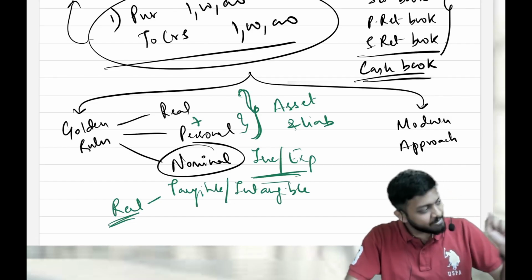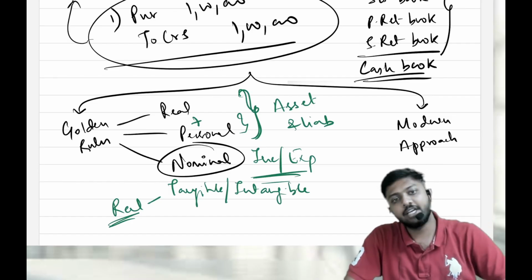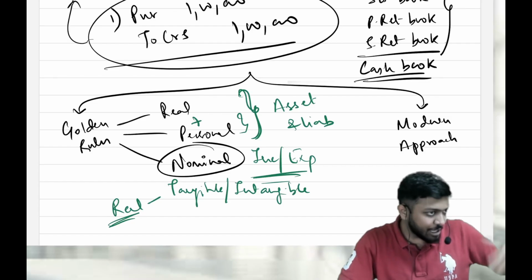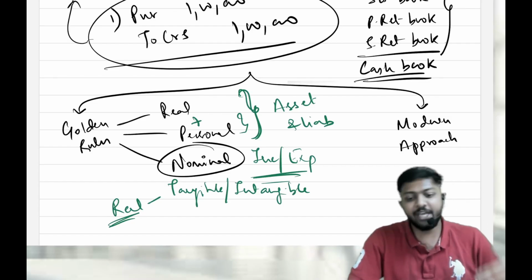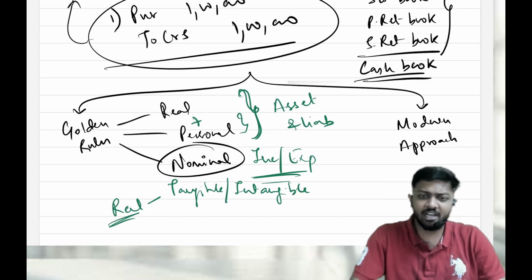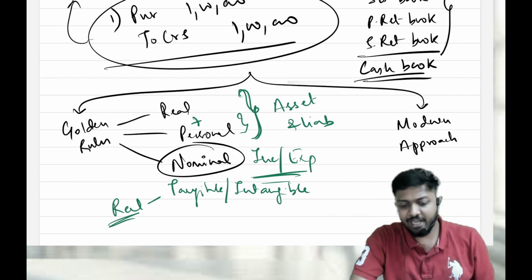You have deposited some money in the bank, an FD. Again, the money is receivable from a person, HDFC. So it is a personal account only. Anything which represents receivable or payable of money from persons, being artificial or natural, these accounts are called personal accounts. Anything other than this will come under the real account. So basically these are the classifications.